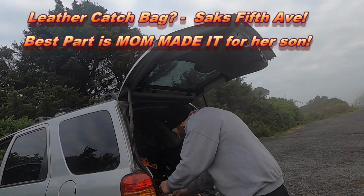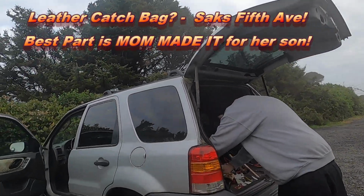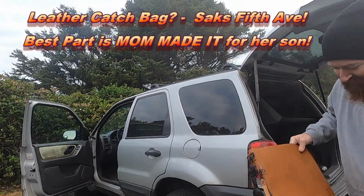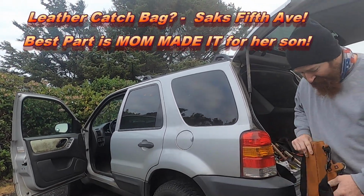That's the fish bag that my mom made me. That's awesome. That's leather, right? Yeah, it's leather, got little drain holes. Yeah, because